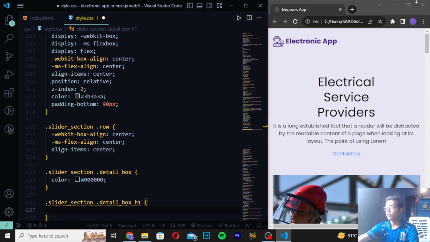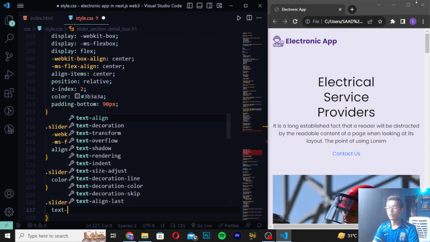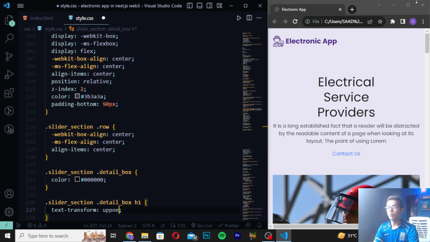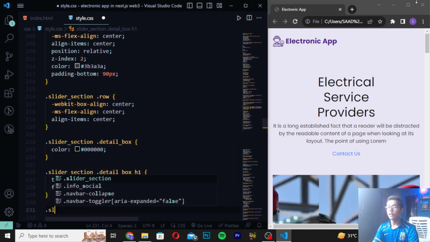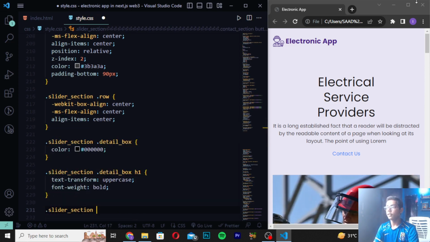Then when you've written this, you have to create here text-transform. So I will now write text-transform: uppercase. Then you have to write font-weight as bold. Then when you've written this, you have to write slider_section and write detail_box